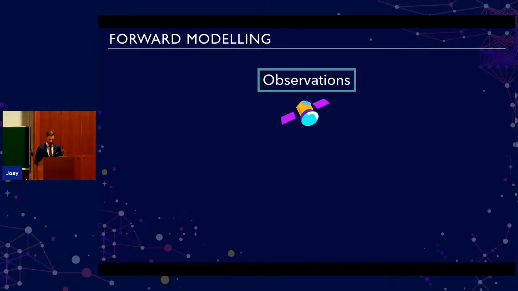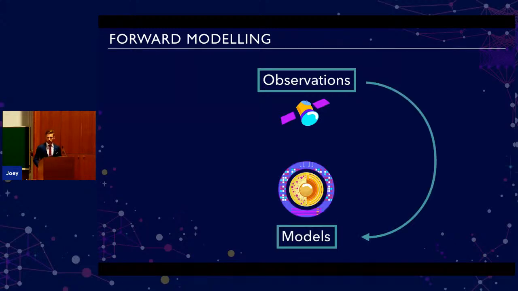We do this by way of forward modeling. What that means is you start with a set of observations, ideally a large sample of stars. You couple this to your first generation of models, and this allows you to infer fundamental parameters of the star, such as the mass, the age, the mixing efficiency, and whatnot. This then allows you to see what kind of physics is missing in your models, or gives you a clue about what you can do to improve it. This can lead to a new generation of models that you can couple back again to the observations, and in turn make more accurate or more precise measurements, or even measure things that you could not do before.